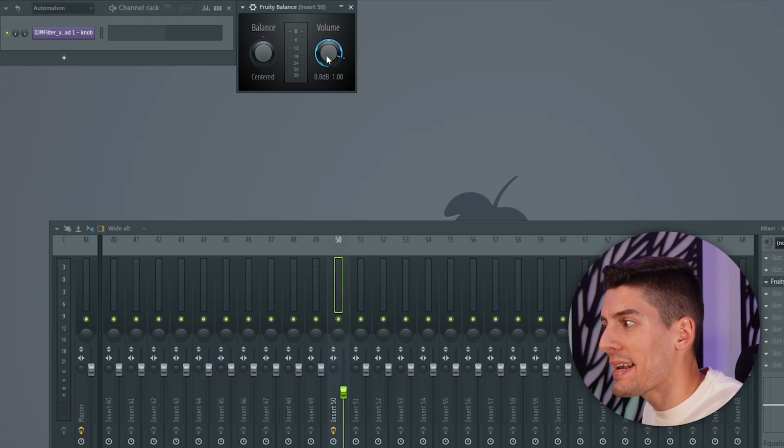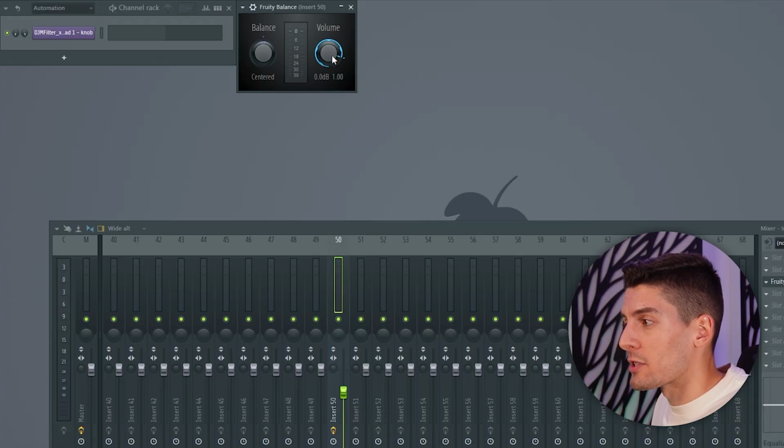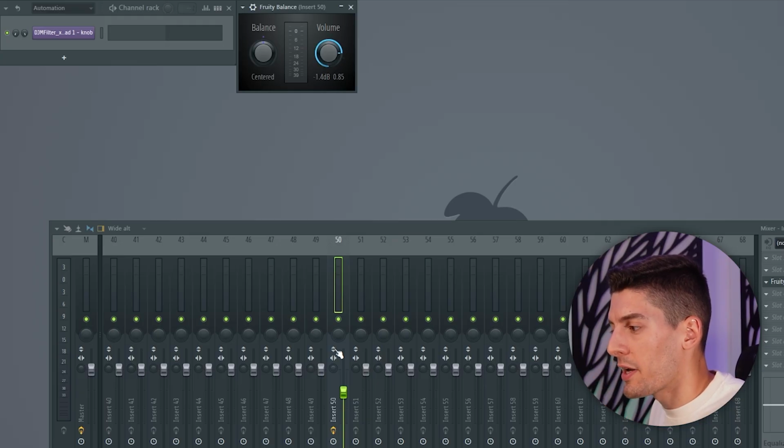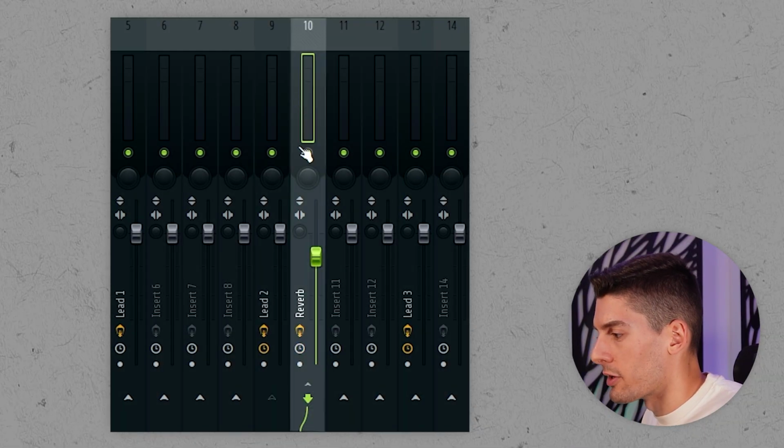Add a Fruity Balance and automate this one. So this way the volume is gonna get automated by this knob here, but you're gonna be able to use this here. But also you can use it, for example, to create the sidechain effect, or you can use it to sidechain the reverb. Here I have this lead and this reverb, and when I play this,